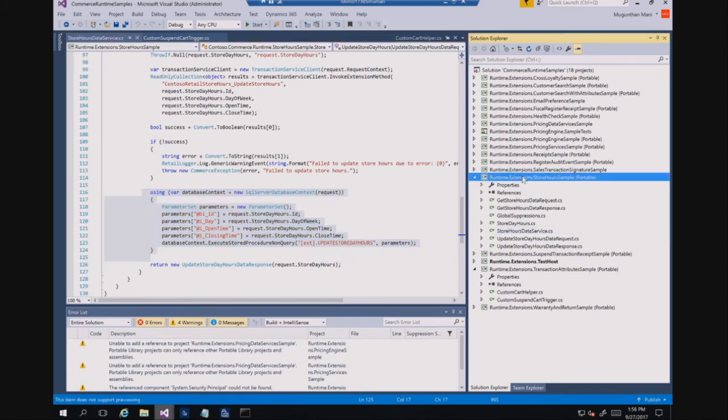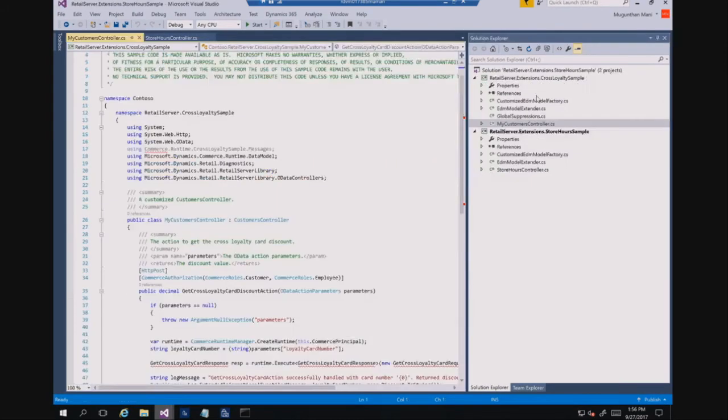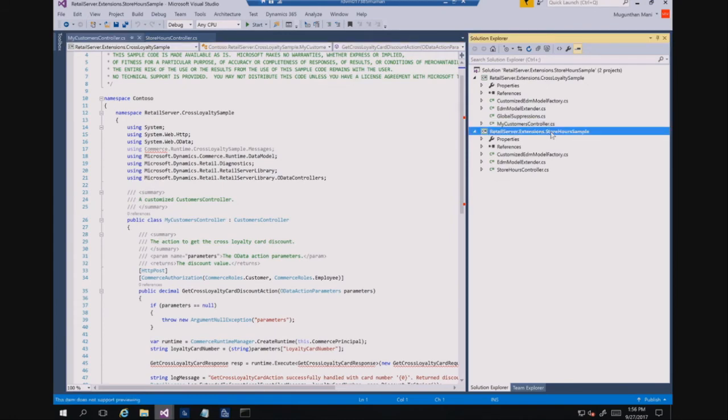Okay. POS cannot directly call the CRT service, right? It needs something like a web API to call it, because POS directly cannot execute business logic on its own. It will call the web service. So for that, you need to create a new retail server extension. I will show you how you can create a new retail server extension. Here I created the sample. Whatever you change in the retail server will be exposed as a web API. So any client can call it, either from your mobile or your iOS app, any client. This will be exposed as a service, so anybody can call it.